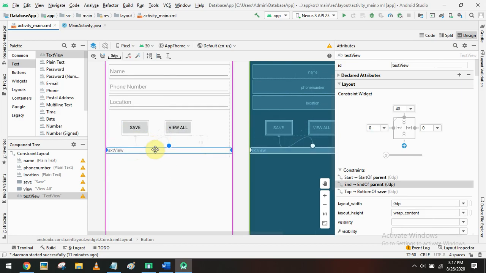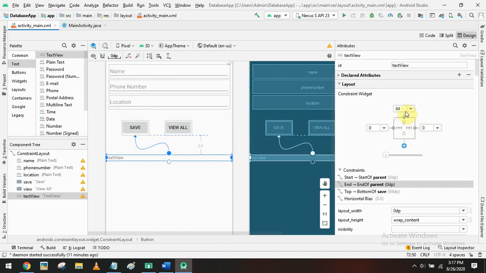So now you can just adjust wherever you want. Just drag and drop. The corresponding margin will be automatically calculated to the distance where you are modifying. On the right side and left side you can change the margin. So we can change it to 20, and the right side also we can put 20.